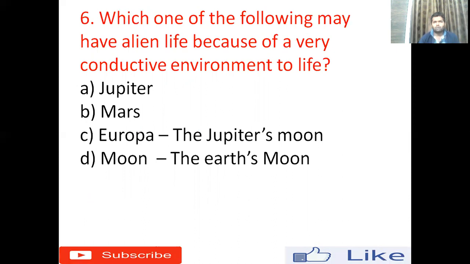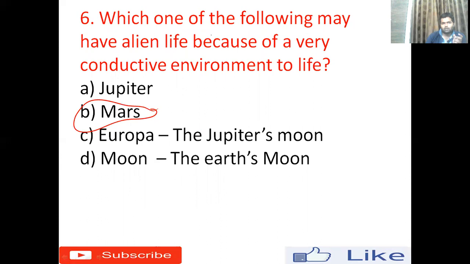All right, so the right answer for this question is option B, Mars. Mars has a similar atmosphere or environment to our Earth. So scientists say that there might be chances of aliens. Aliens are space life, a kind of living being. We believe that it is there on the other planets. So the right answer for this question is Mars.